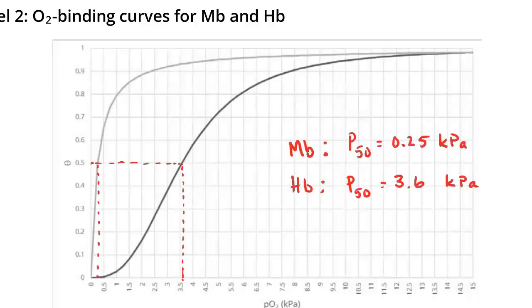All right, how close are you to my values? So for myoglobin, I think that this line crosses the 0.5 line right smack in the middle of the 0 and the 0.5 kilopascals, and so I put 0.25 kilopascals. Now, could you have put 0.2 or 0.3 and not had an extra decimal place? I could maybe live with that, but I really feel like it's definitely between 0.2 and 0.3, so 0.25, I'm